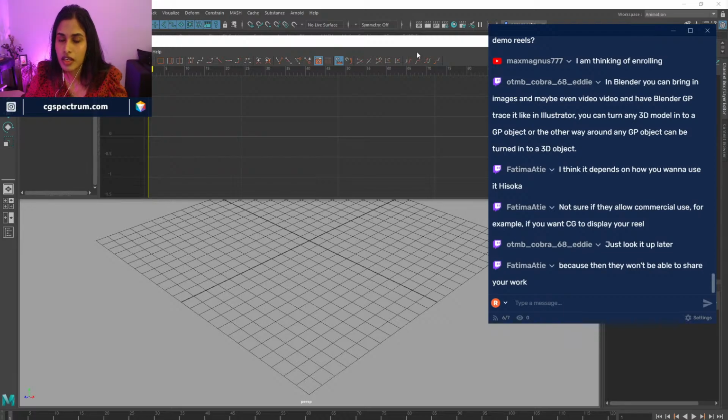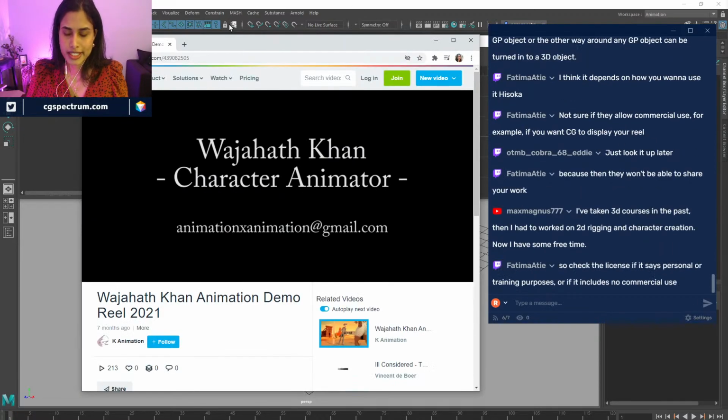You can turn any 3D model into any grease pencil.